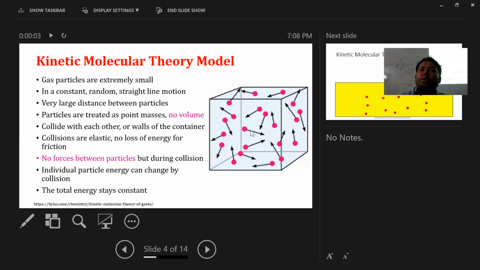Isolated means, do you know what is the meaning of isolated? In thermodynamics, maybe you have learned about the 3 different types of systems: closed system, open system, and isolated system. Anyone remember? They can't transfer the heat. Yes. If the system can transfer both heat and substance, then this is called an open system. That means if you put a glass of water just without a lid, then we can consider that is an open